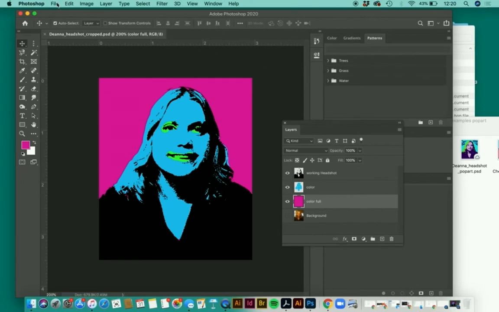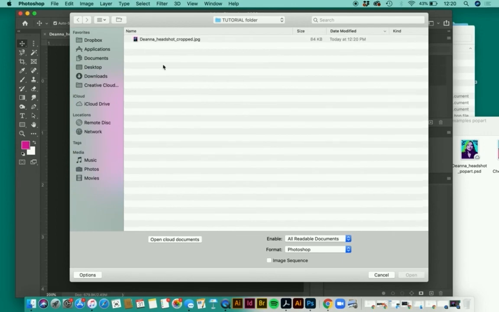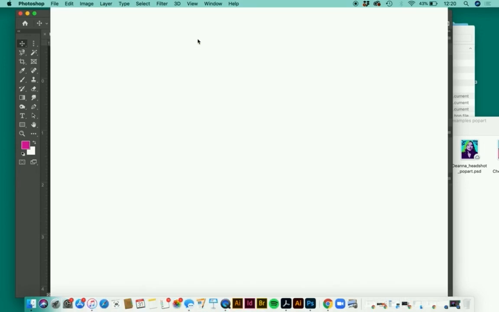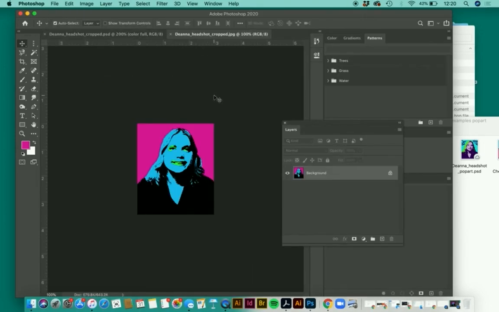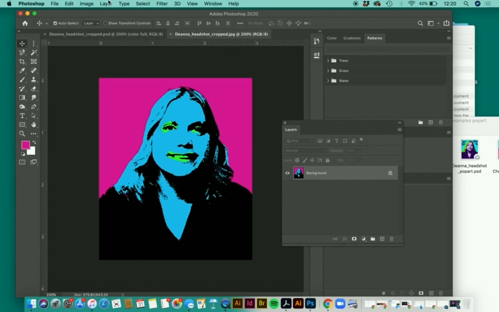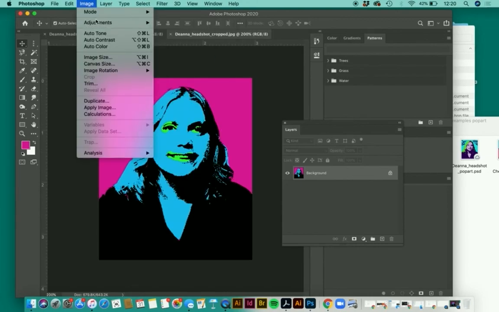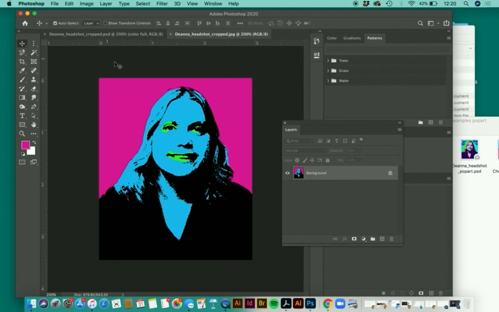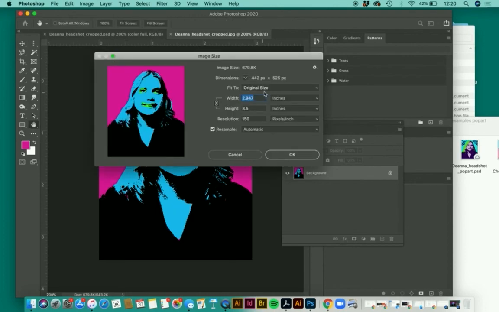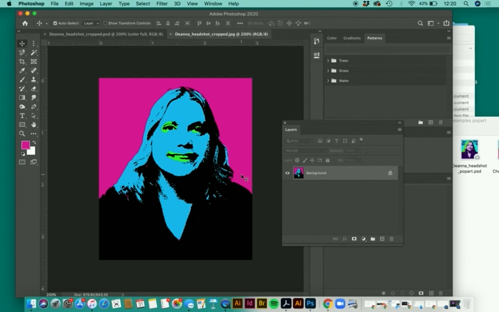Let me open that up. So I saved that to the same folder. I saved it to my tutorial folder. I'm going to open that JPEG. And let's see, I'll show you how to check the size on that. So image size, and it will tell you it's not even a meg, it's 679K, and it gives you the width, the size, the resolution, and that is all for our pop